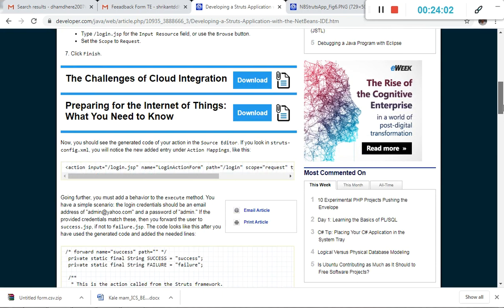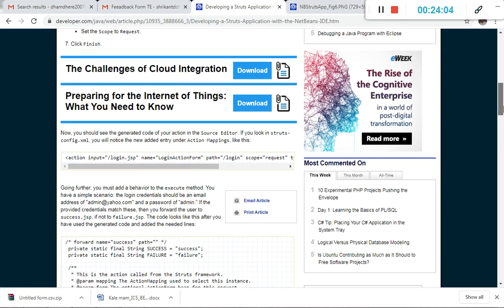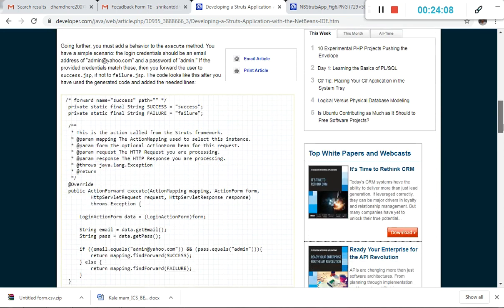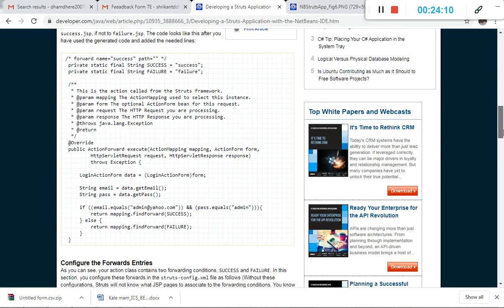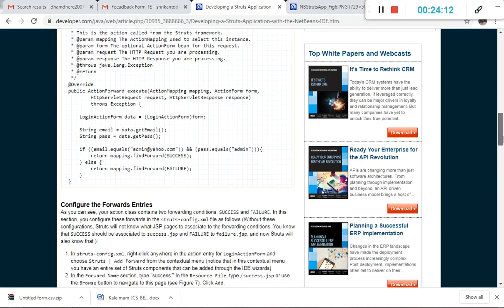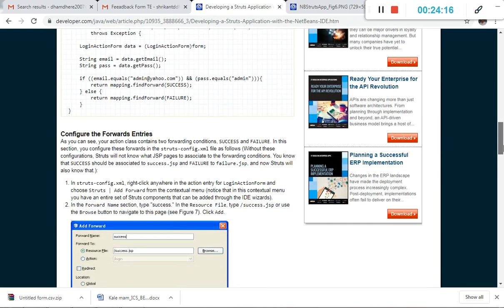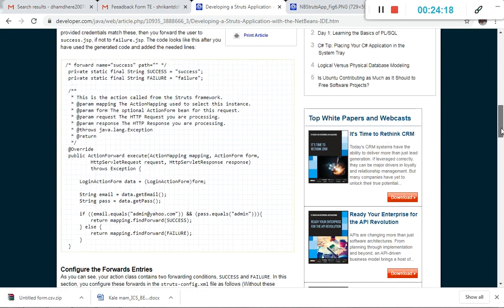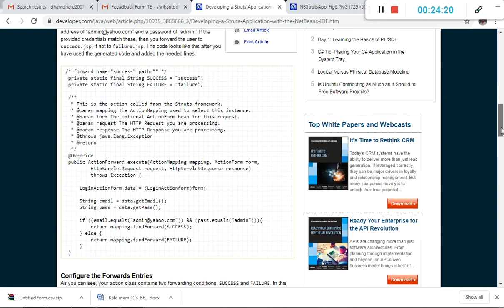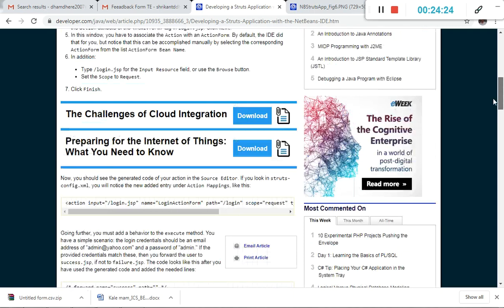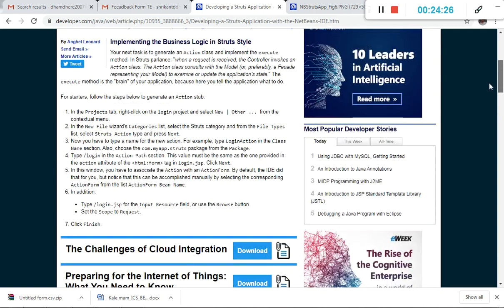Then we need to check this step very carefully to run the code.